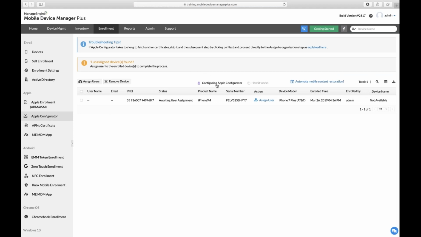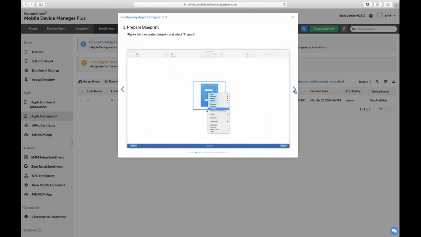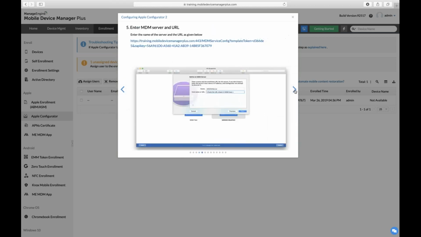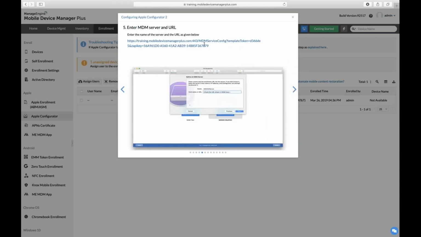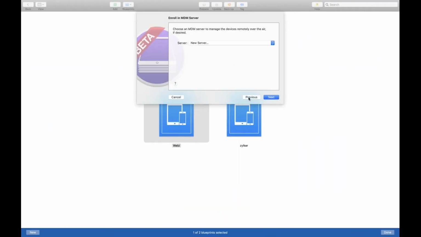So here under Apple Configurator, you can click on the steps. Version 2.0 would be what most of your admins or most of the Mac machines would be supporting right now. So over here, we have given you the entire steps as to how you can create the blueprint itself. If you move over, you would find the server details, which can be copied and pasted right over here. So once that is done, you can just hit on the previous details, hit on next, you'd give your organization